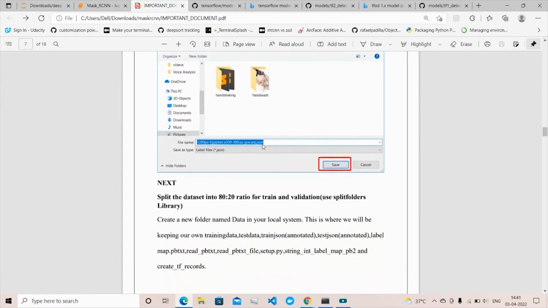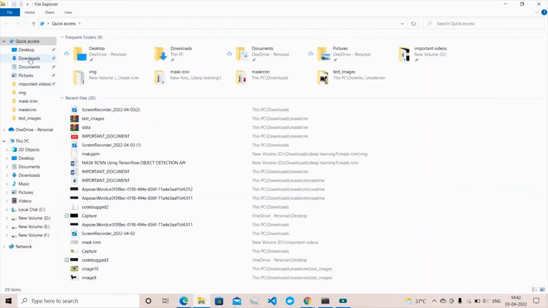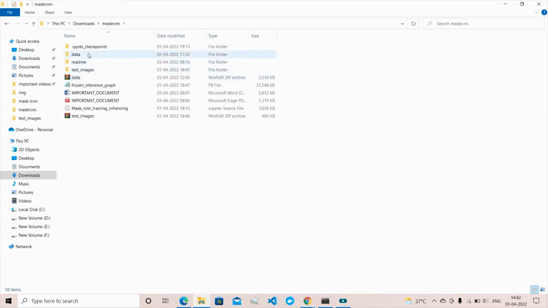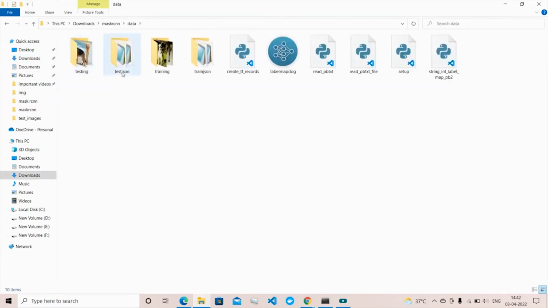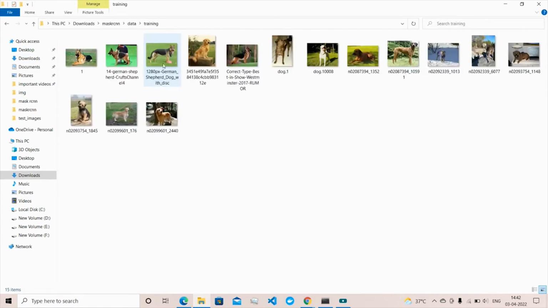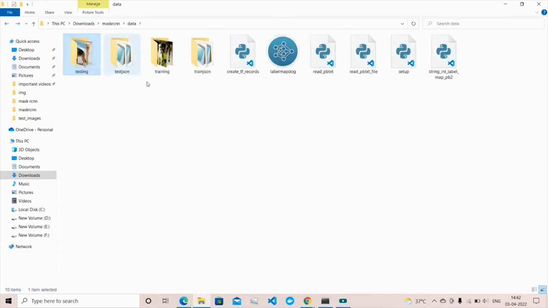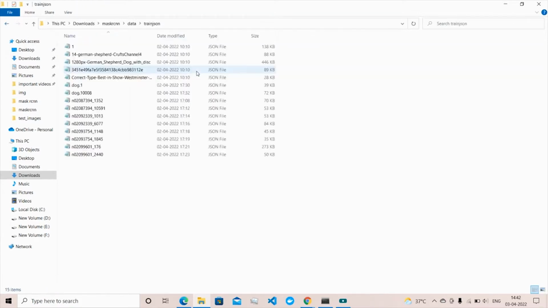So next, I'll be showing my annotation. This is the downloaded Mask R-CNN data. I have annotated these training images, around 15 to 20 images for training and testing, and you will be able to see